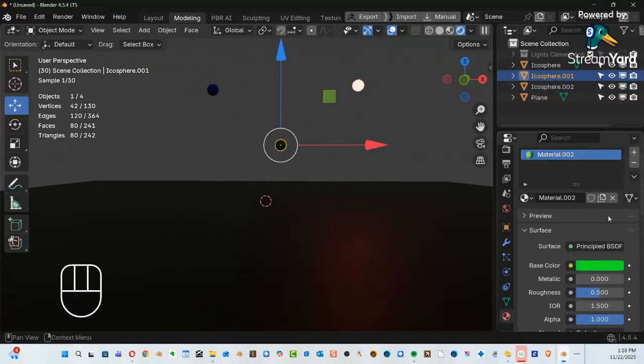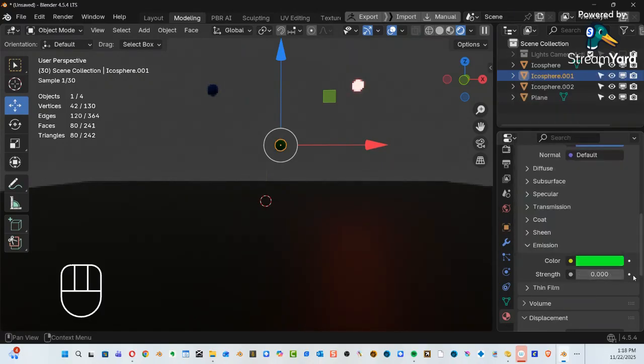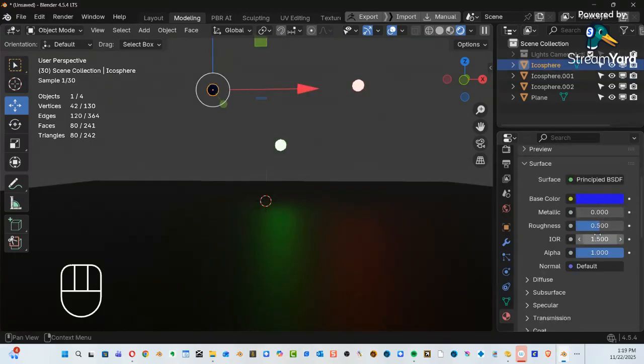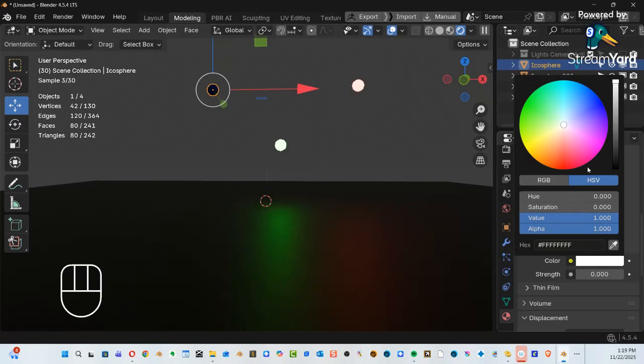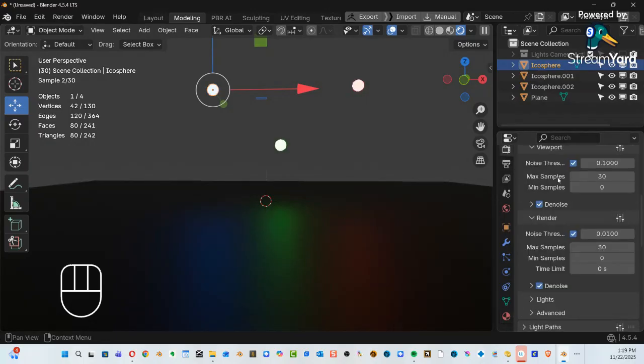Okay, go to this one. What is this one? This was green. Make it green. And then bring up the emission. Okay, and go to this one here. This is going to be blue. Change the emission color to blue. Bring up the emission intensity. Okay, all right, now here,